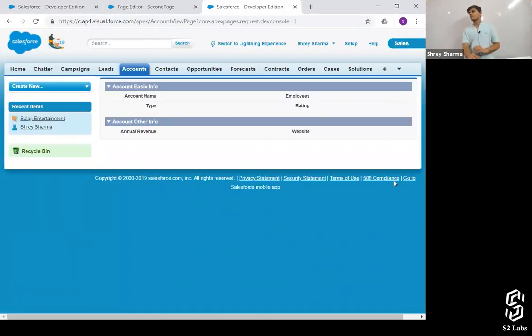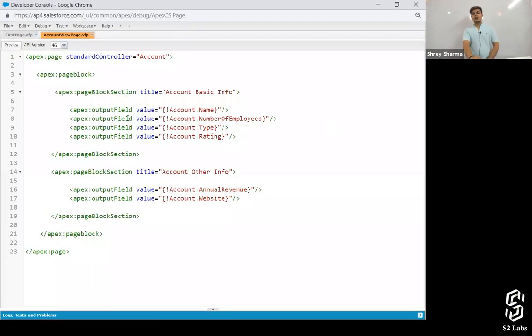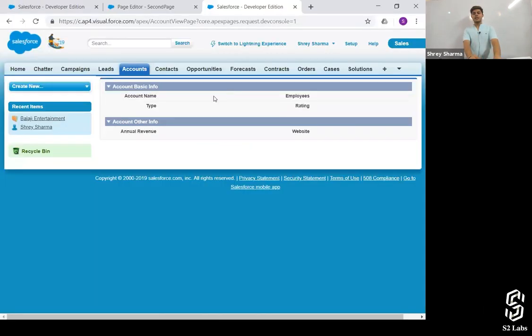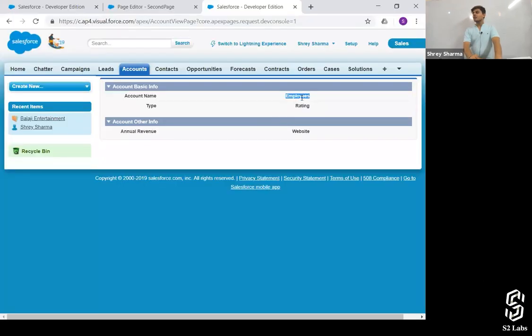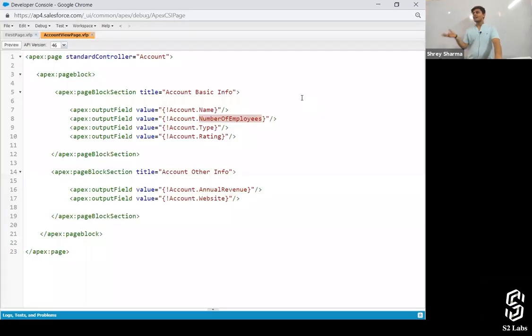See, but there is no data coming up. And by the way, I've just written down output field. The label for it has automatically come up as employees. So what it is doing, it is taking the label. The label and the API name for the field are different. It's number of employees and the label is employees. So it's automatically taking it up.